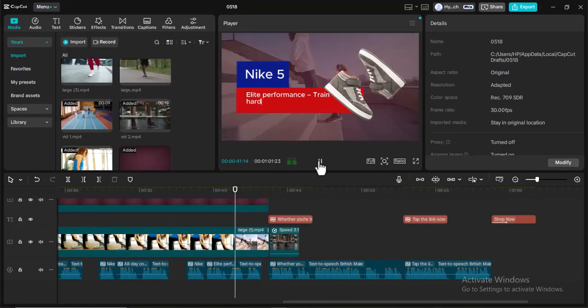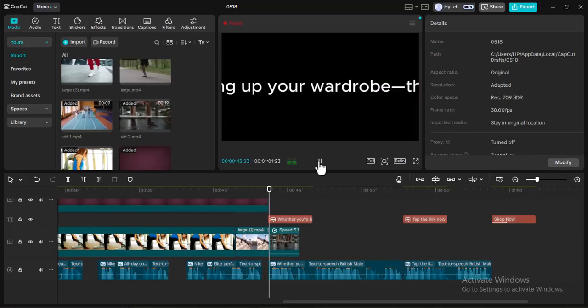Performance, train harder, go further. Whether you're hitting the gym,